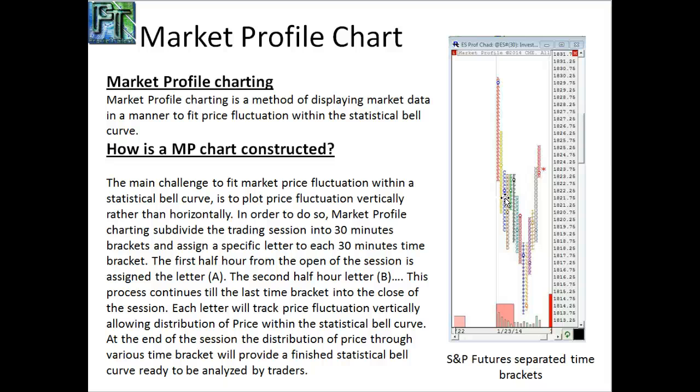In order to do that, we need to combine these separated letters, which I have separated to display for you and show you how every half hour fluctuates vertically rather than horizontally, and also to make you understand how these letters are printed every time that price goes to a new price. Now if we go to the next page,